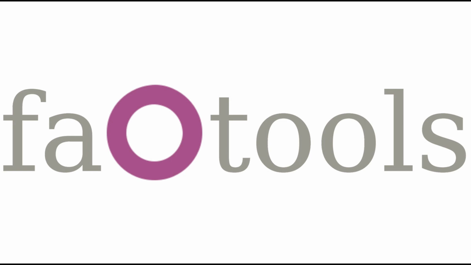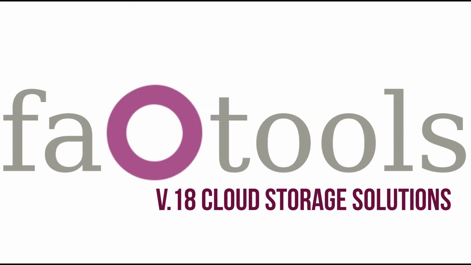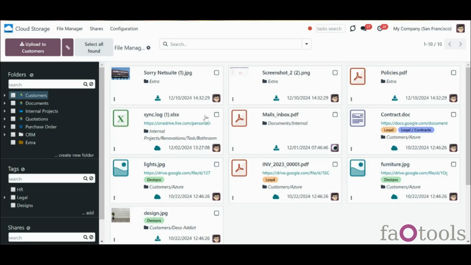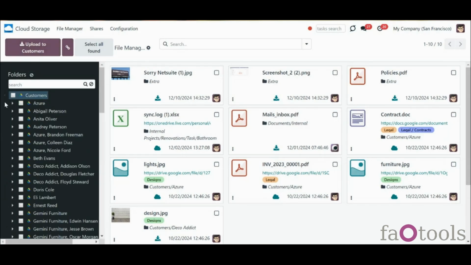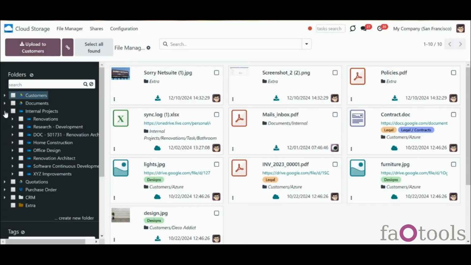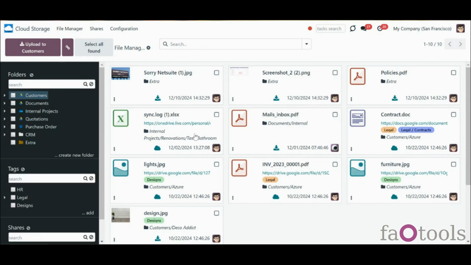Hello everyone, in this video we will talk about the features and the configurations of an Odoo Module Cloud Storage Solutions, which was created by faOtools. Cloud Storage Solutions is an Odoo app to organize attachments, manage folders trees, and synchronize Odoo with the cloud storage